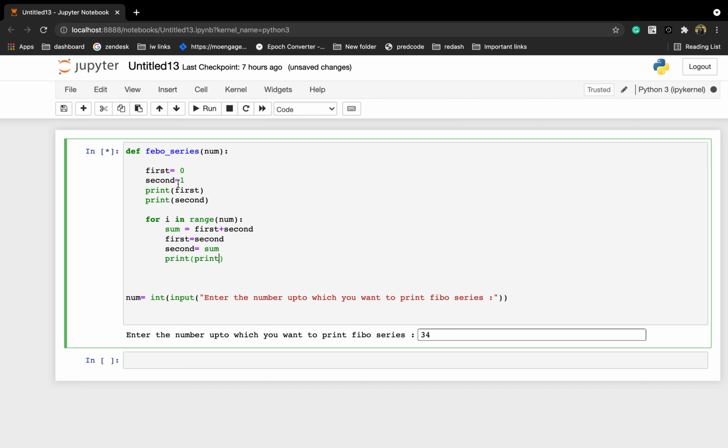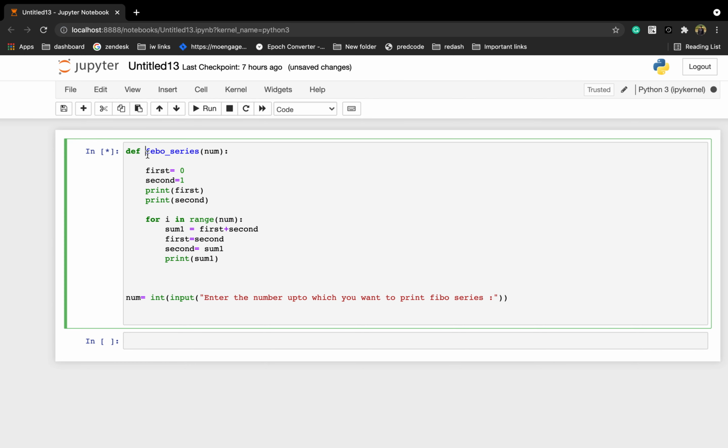Initially first will be printed, which is 0, then 1 will be printed, and then we'll iterate through this for loop, and we'll keep on printing this sum. I need to use some other variable name, so I'm using sum1. So we will keep on printing this sum.